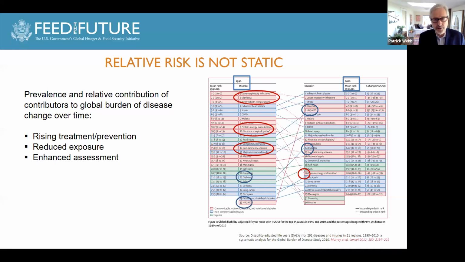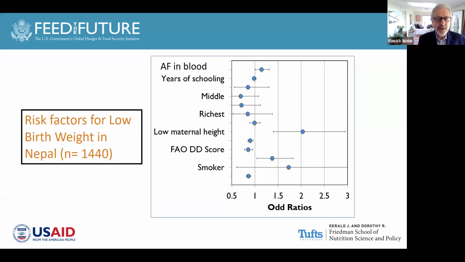Next slide, please. For example, in our study in Nepal, we looked at a variety of risk factors that related to, for example, low birth weight, one of the key birth outcomes of interest, because we know that low birth weight, and in particular others, like being born small for gestational age, are birth outcomes that are highly correlated with later stunting among children. Right? So being born with suboptimal outcomes at birth is itself setting in motion stunting, setting in motion the process of suboptimal growth. But in this particular sample in Nepal, risk factors for low birth weight, in a setting where, although there was widespread exposure to aflatoxin, the levels of aflatoxin exposure were relatively low,